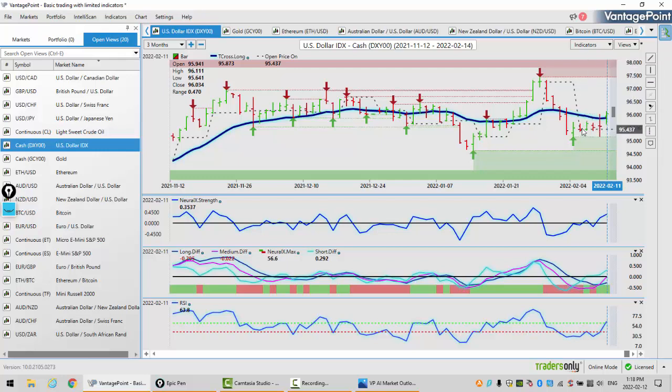So as you can see, the dollar index held above its weekly opening price the entire week, but on Thursday, we had our MA diff cross with our neural index. Now, this is a very important trade setup that you want to keep your eye out for because it's very seldom wrong. Now, we have a lot of things going on in the market with Ukraine and Russia, and that's going to affect this week's presentation.